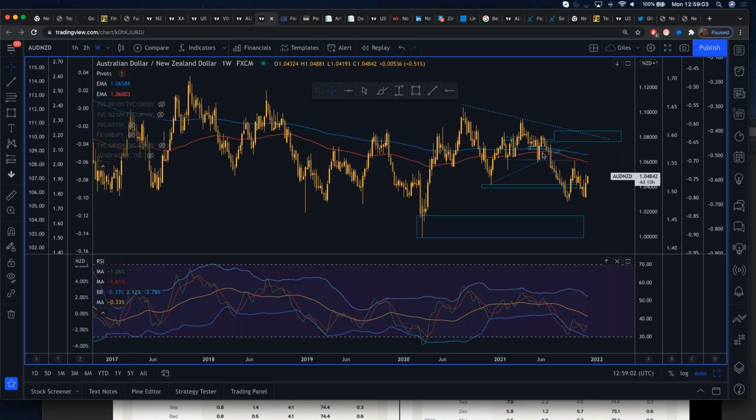So if you were back here, saying to me, and I was selling Aussie New Zealand dollar around the middle of this year, if you were here saying, oh, I've got a sell bias for the Aussie New Zealand dollar, I'd be like, yeah, great, Josh, that makes a lot of sense. You can just pop your stops above the 200 exponential moving average and look for a move down to that near-term support level.